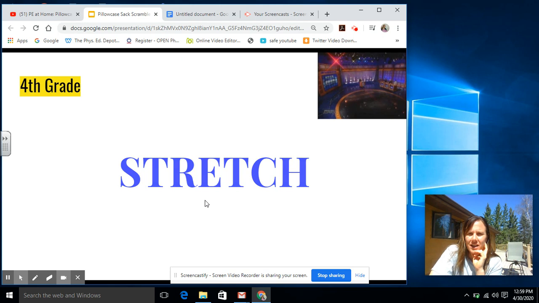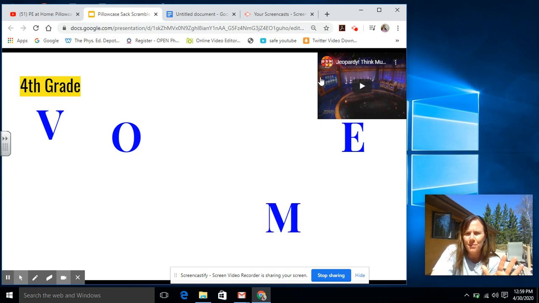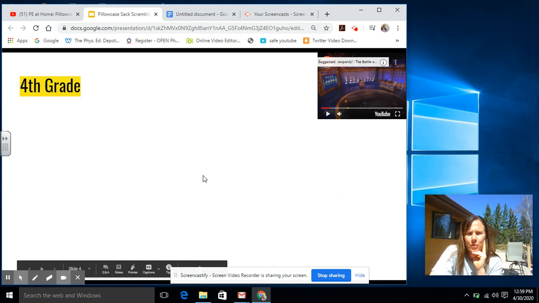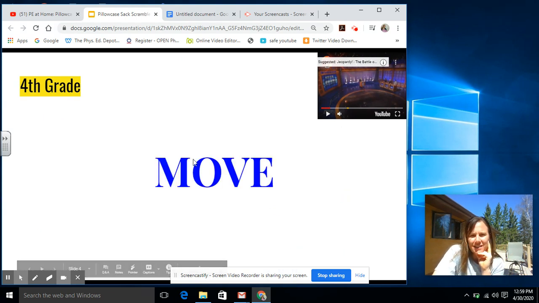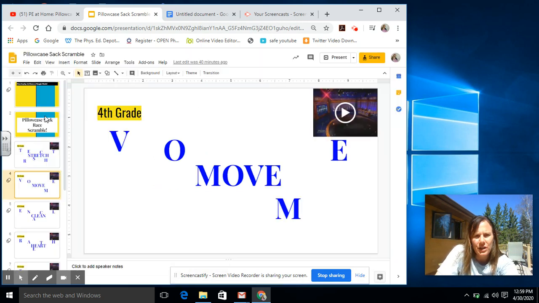And then I can click on to the next one. And then you just click and the next letter comes up. You just have to know how many letters you are going to provide. This one is only a 4-letter word, so I'll stop clicking there. I'll press the timer. They have 30 seconds, although they didn't need it for this one, to unscramble. And then I click and it will reveal the answer. Very cool, huh? So I am going to get out of the presentation mode here